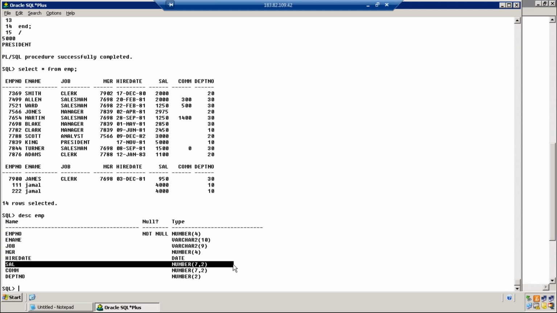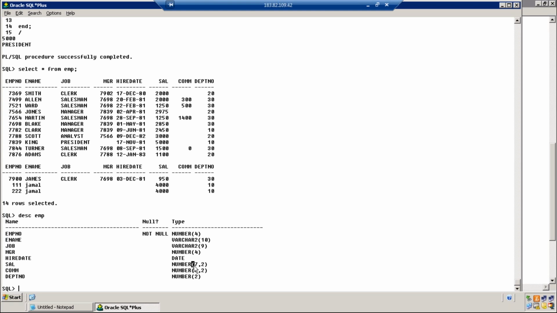You clear? Salary column can have 7 comma 2. A 7-digit figure amount, and 7 comma 2 is precision comma scale. I have explained it when I was discussing the data type, isn't it? 7 is precision, comma scale. That means 2 digits are allowed after the decimal point and 5 digits allowed before the decimal point.